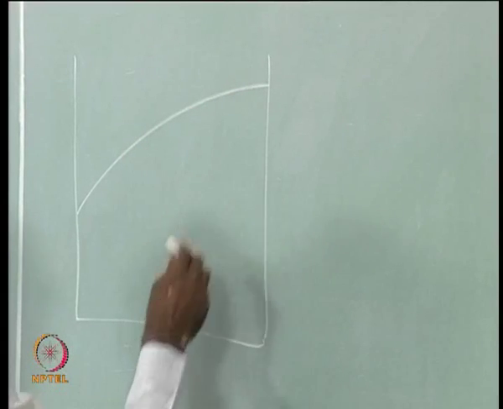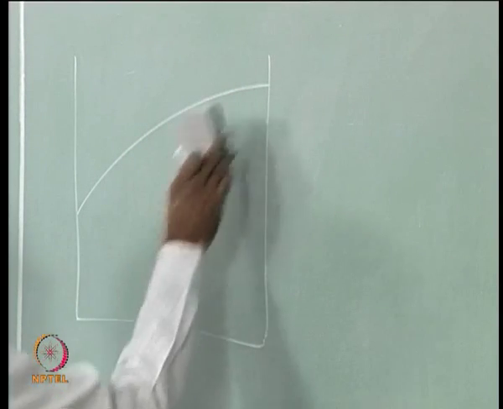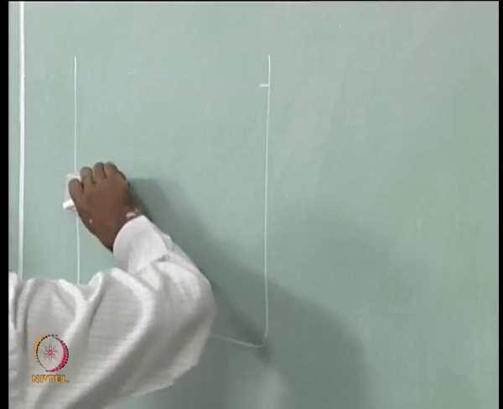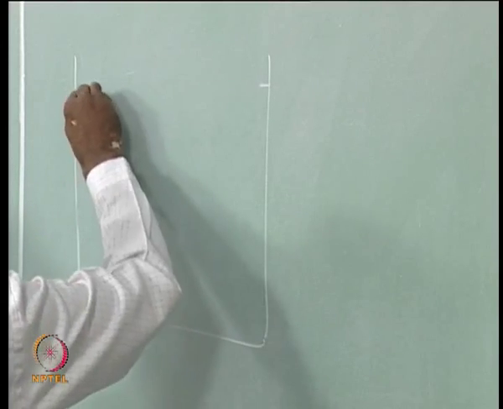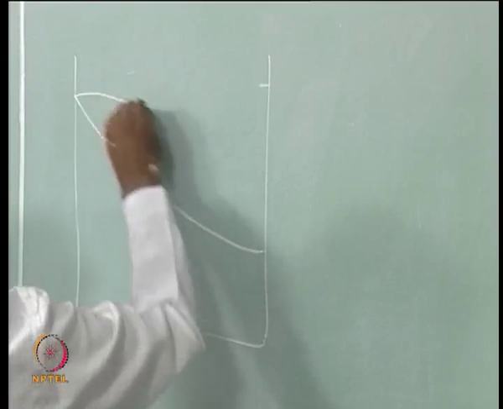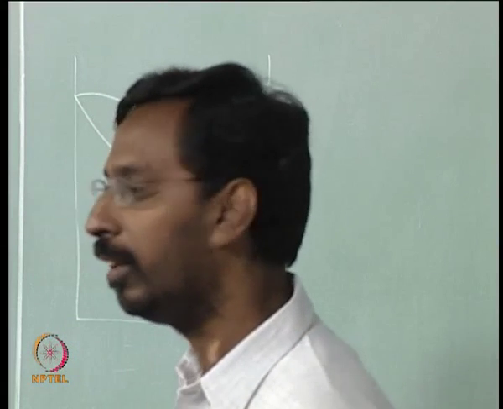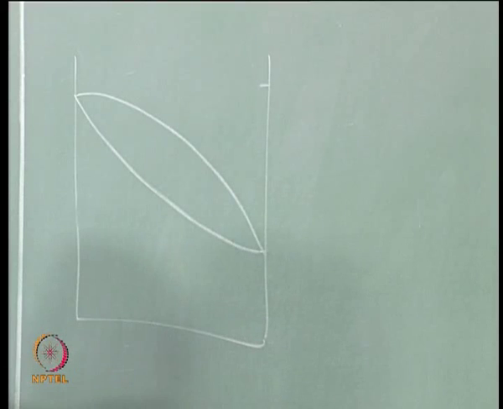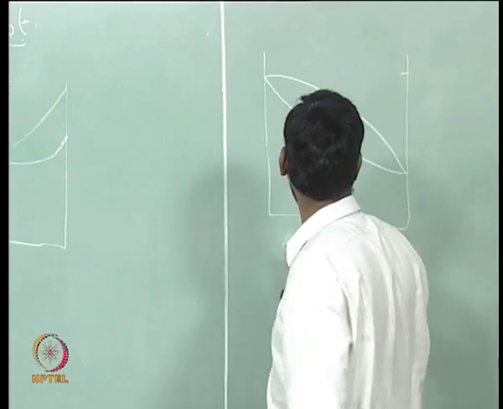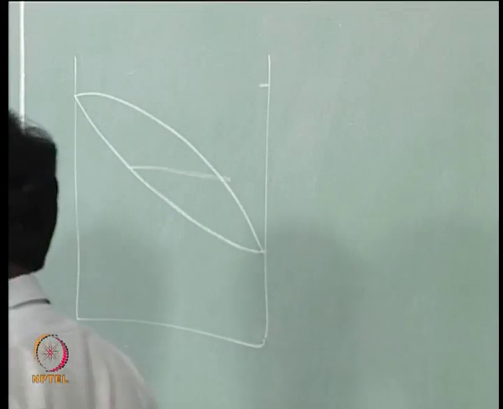This side is liquid, so this is wrong. So the phase diagram should be like this. Can you tell me why I said the previous one is wrong? You have to have liquid stable on this side, the pure B side, liquid should be more stable at this temperature at which we are drawing, and our temperature is something like this, let us say.